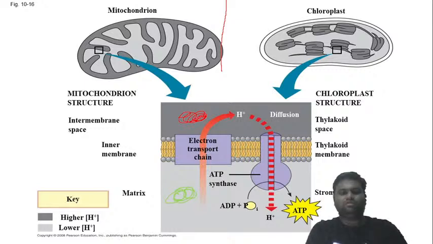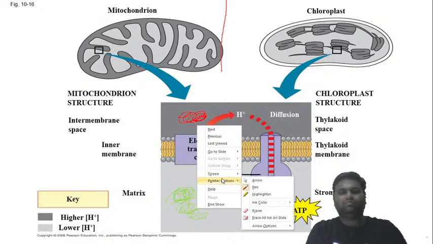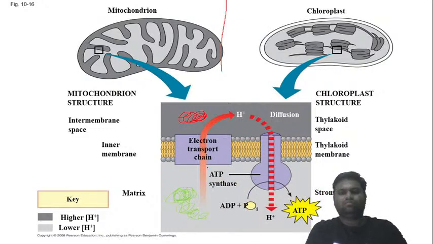Over here यहाँ पे lower concentration है hydrogen ions का। तो ये इनर इंटरमेम्ब्रेन स्पेस है, और ये क्लोरोप्लास्ट का स्ट्रक्चर है, जो कि जहाँ पे डिफ्यूजन से थैलाकोइड स्पेस से थैलाकोइड मेम्ब्रेन में स्ट्रोमा में जाके एटीपी सिंथेसिस हो जाती है। और इन केस ऑफ माइटोकॉन्ड्रिया ये इलेक्ट्रॉन ट्रांसपोर्ट चेन से हाइड्रोजन का ट्रांसफ़र होता है, जो कि फिर बाद में जाके डिफ्यूज़ होकर एटीपी सिंथेसिस फॉर्मेशन करता है। तो दोनों में ये डिफरेंसेस है और ये सिमिलैरिटीज़ है।